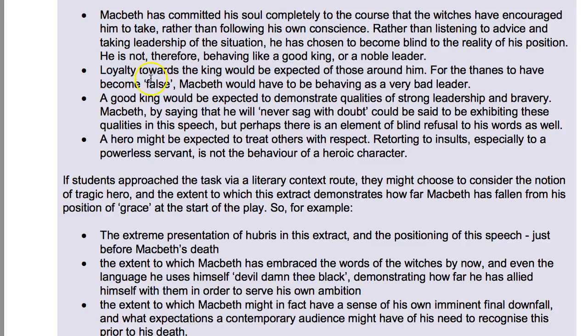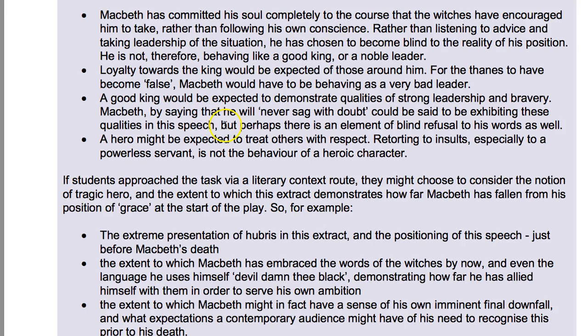For the Thanes to have become false, Macbeth would have to be behaving as a very bad leader. So they've defected from him, if you like, because he is not showing any of the heroic leadership that they might expect. A good king would be expected to demonstrate qualities of strong leadership and bravery. So Macbeth did show that at the start of the play when he was defending Scotland against the invaders from Norway. However, Macbeth, by saying that he will never sag with doubt, could be said to be exhibiting these qualities